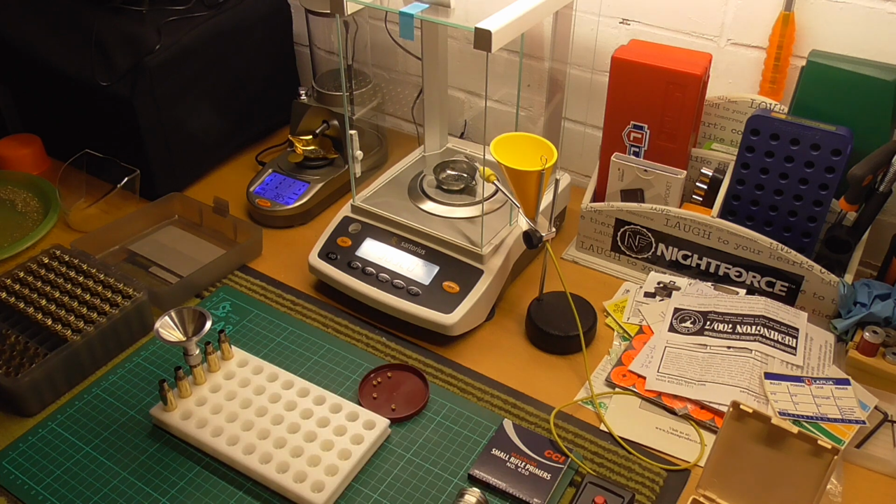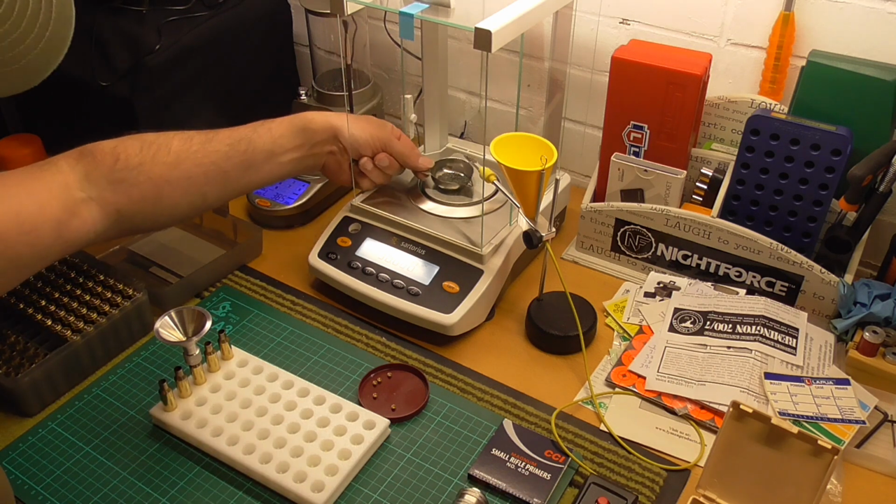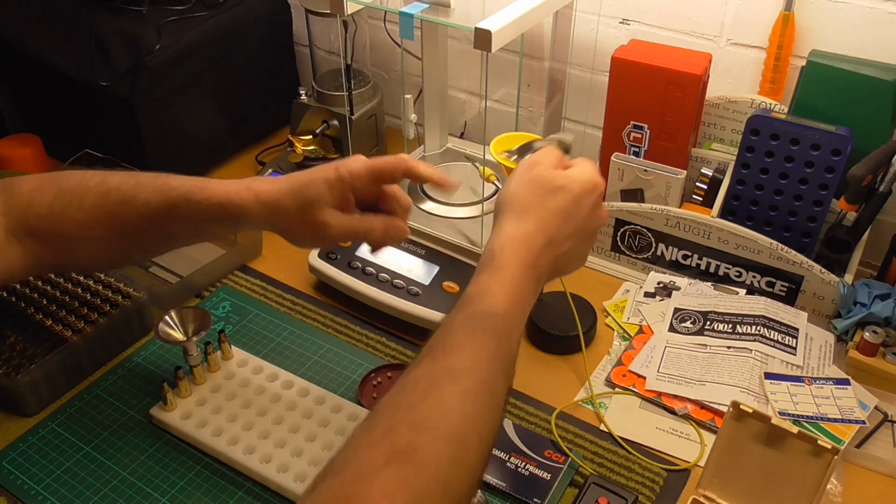Okay, so 38.5, a couple of taps, and you will get into the swing of it. Like I said, I don't find this a problem to use. If it means that I'm making my rounds consistent or whatever, then